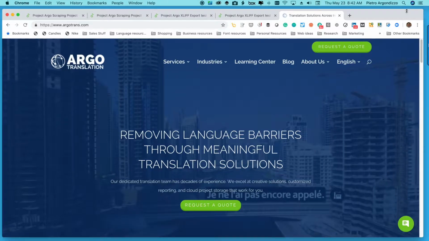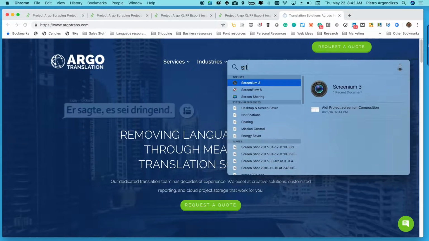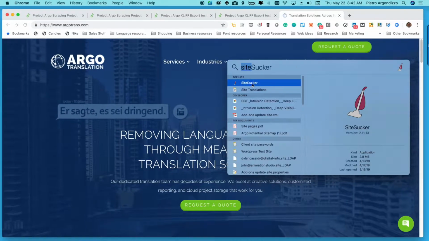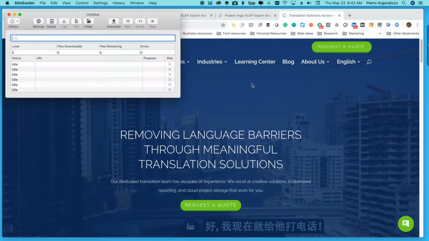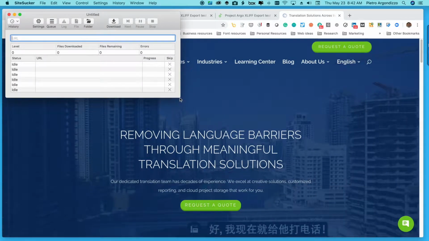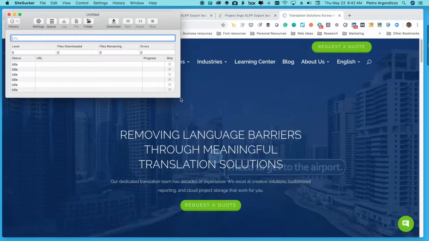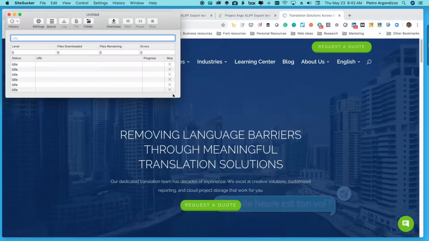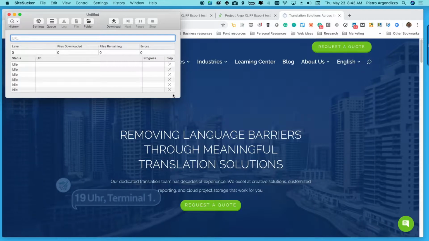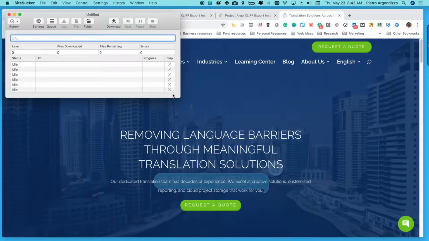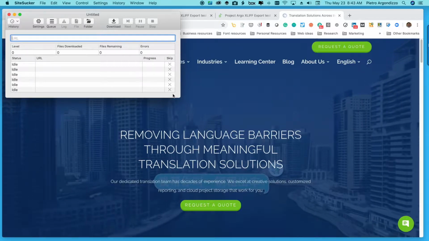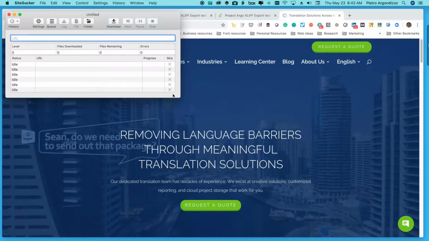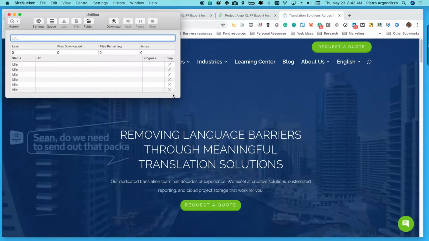So let's start. There are many tools one can use to scrape a website. I'm on a Mac, so I'm going to use a tool called SiteSucker. On the Windows side, there's InSpider, there's kind of an old school program that's tough to find right now, but Blue Squirrel Grab a Site. So there's quite a few different tools you can use, and they all have their merits.